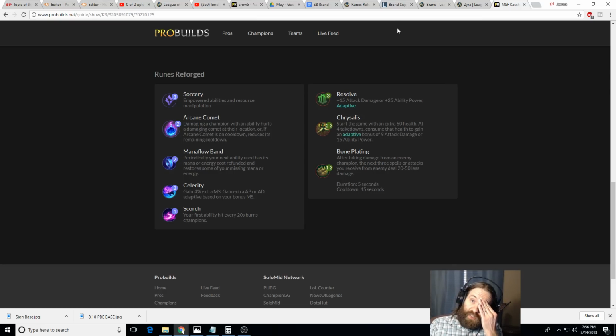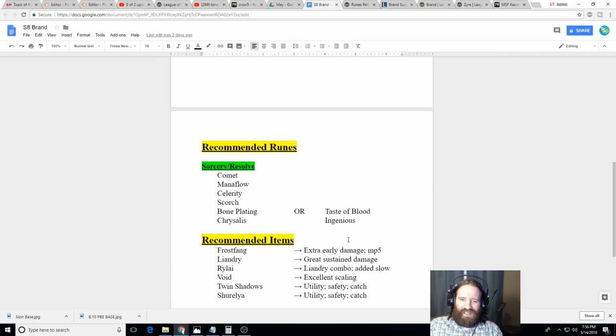Now, another option that you don't see a lot of the pro people running that is a decent option in some circumstances is Taste of Blood and Ingenious Hunter. The reason for this is it will give you a little bit more sustain, and this would be if you're not against an all-in lane, if you're just going to completely crush the lane, and you don't think you're going to need Bone Plating, so you're against like a Janna or a Tahm Kench or something like that. Taste of Blood does give you a little bit of sustain, and then Ingenious Hunter is useful if you want to go something like Twin Shadows or Shurelya's. So that's going to hurt your damage